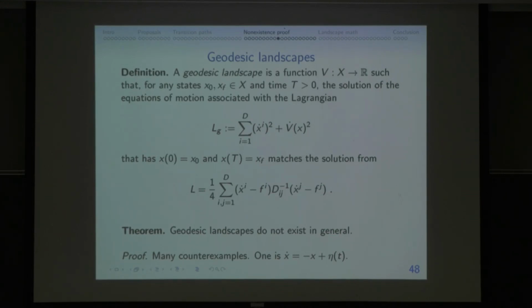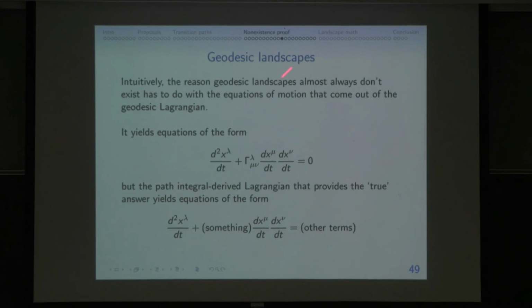Really the problem has to do with the fact that this is the Lagrangian you might write down for a ball, a geodesic on a certain surface. This is our Lagrangian, and it turns out this has more possible behaviors than this does. So that one doesn't work. We have to move on to something else. Oh yeah, and another way to think about it is the equations of motion that you get from the geodesic look kind of like x double dot plus x dot squared times some other things. And our Lagrangian gives something extra in addition to that in general. This isn't a proof, but it's some intuition.